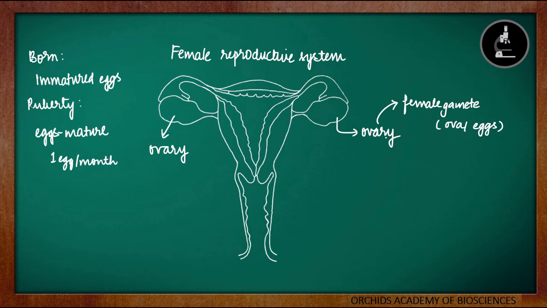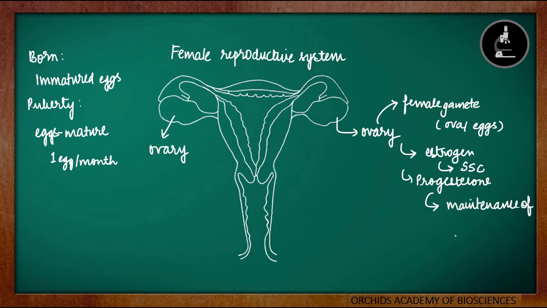The ovaries are not only responsible for the production of female gametes but also responsible for the production of estrogen and progesterone. Estrogen is a hormone which is responsible for the secondary sexual characters in females, whereas progesterone helps in maintenance of pregnancy. Just like how testosterone was responsible for the secondary sexual characters in males, similarly estrogen is responsible for the secondary